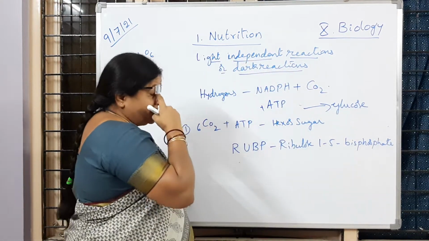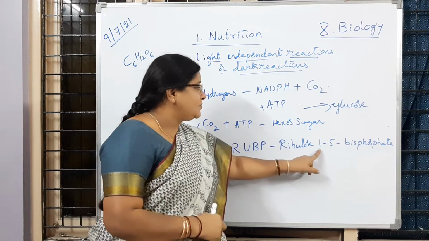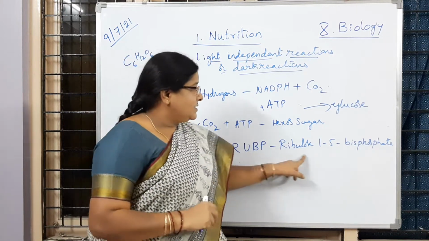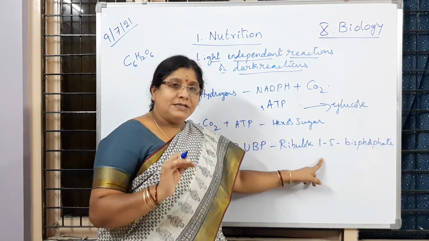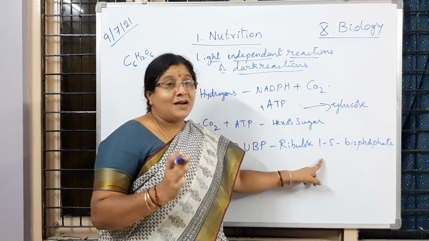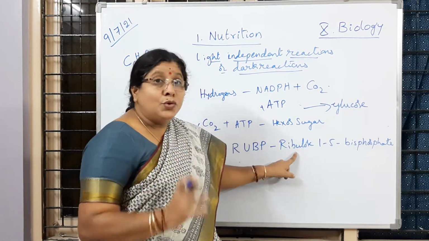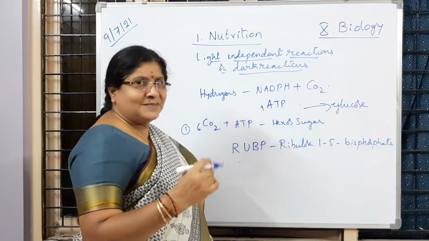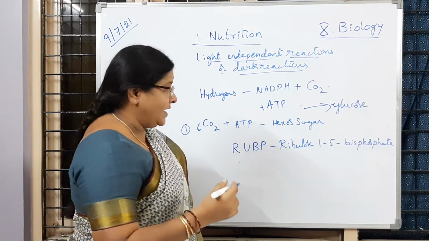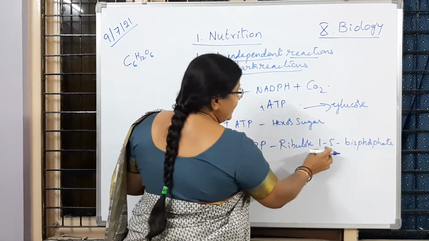Ribulose 1,5-bisphosphate. Is it clear to you? What does 1,5 mean? No doubt, this ribulose 1,5-bisphosphate is a 6-carbon compound, but we are not calling it glucose. Why? Because the chemical bonding is different. Okay. So here 1,5 means